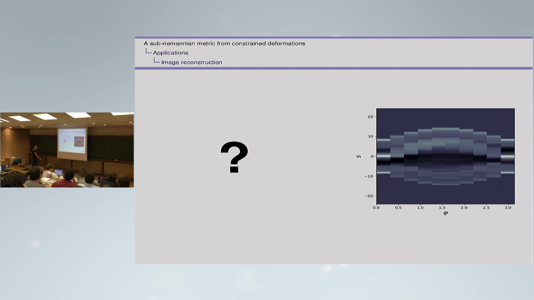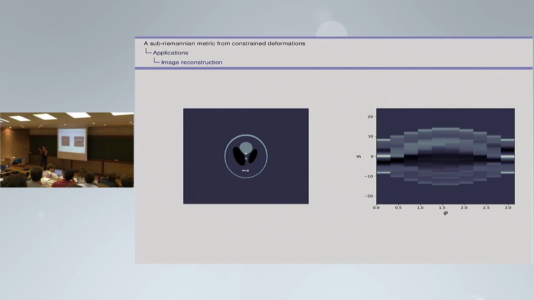Image reconstruction is: now I know my operator, I know my data, what is the original image? Of course, in general, it's very badly defined, so you cannot go back. The inverse is not defined. So you need to add some regularization in order to have a chance to find the good image. The prior can come as a template image, for instance, this one, and you say, okay, I know that I'm not too far from this. That's a usual idea in image reconstruction.